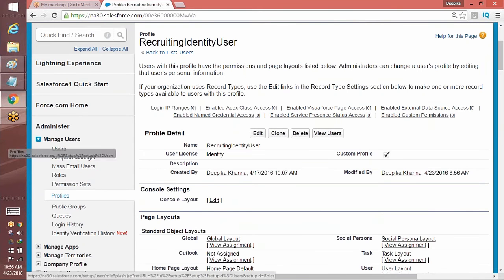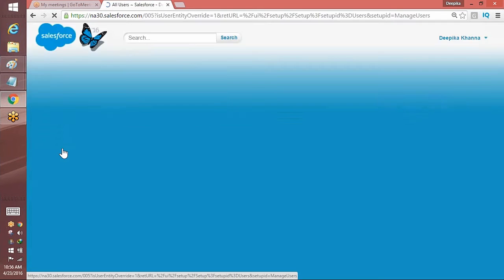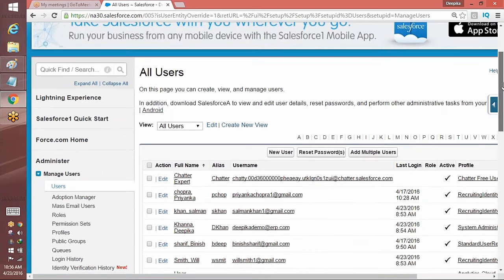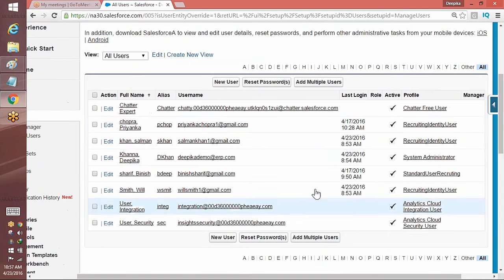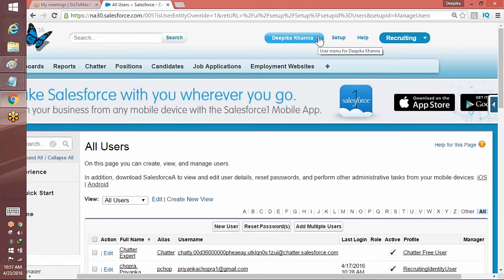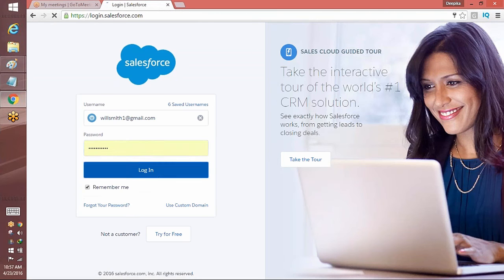so now if I wanted to give it to Salman Khan, where do I have to go? You go to his name. So now, because all of these have the same profile, all of them will be able to create it, right? Because the profile is the same for all of them. Are you following, everyone, Shikha, Binish? Okay, good. So now I will go ahead and create some records